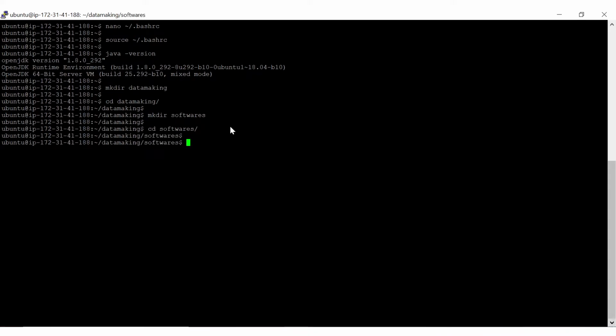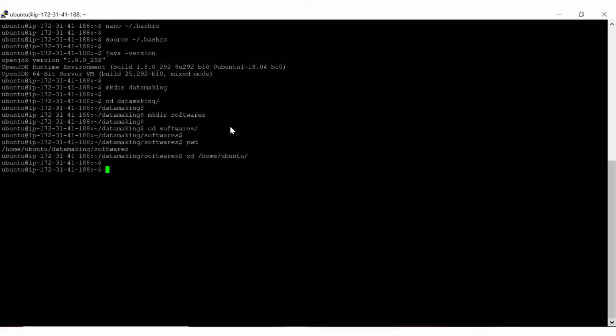So now what you need to do is, I want to create a passwordless login. Okay, so I'll just go to the home directory, cd /home/ubuntu, ubuntu is my user. And I'm going to install OpenSSH server and OpenSSH client. Mostly it will already be installed, just to make sure I install it if not installed.